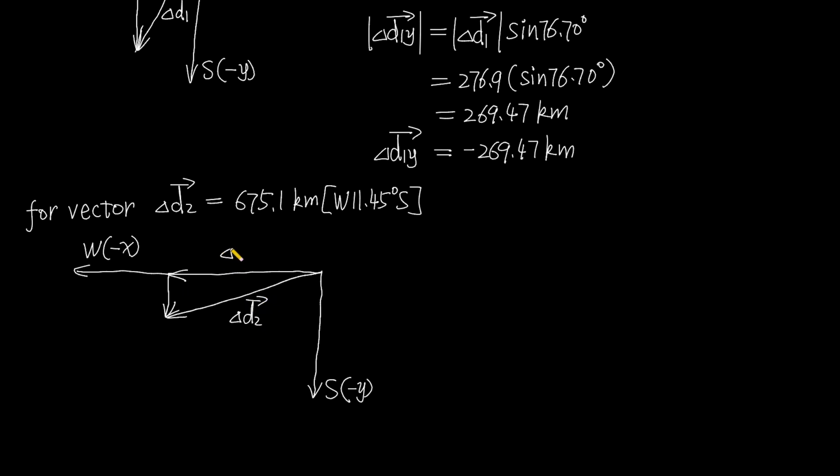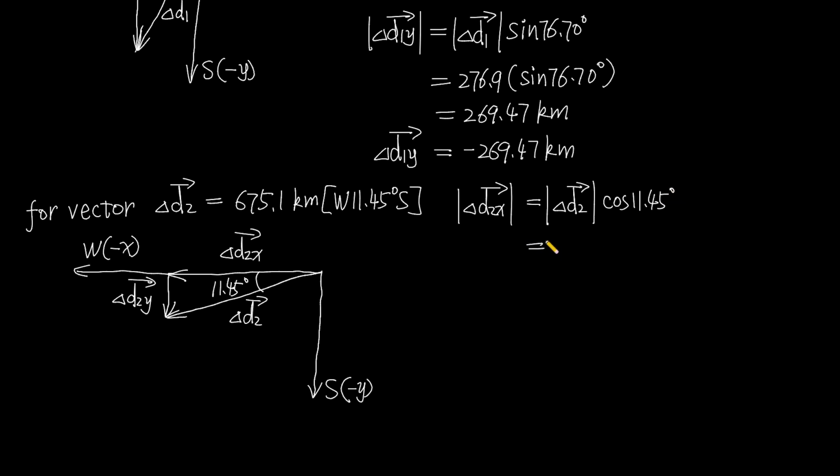This is the vector delta d2x. And this is the vector delta d2y. And this angle is 11.45 degrees. So from the graph, we can know that the magnitude of the vector delta d2x equals the magnitude of the vector delta d2 multiplied by cosine 11.45 degrees, and this equals